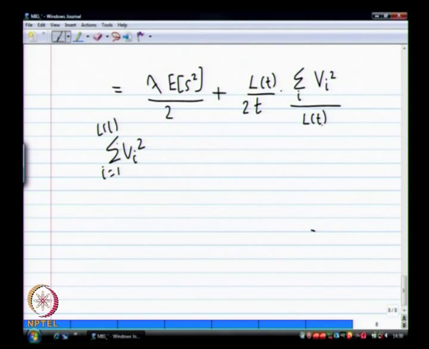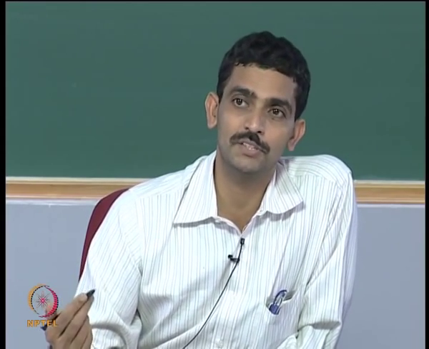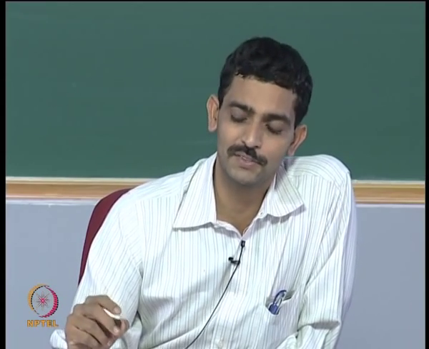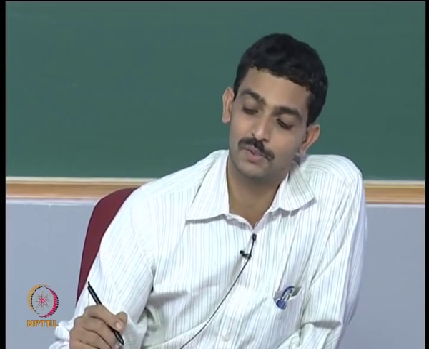So sigma vi squared from 1 to L of t divided by L of t is nothing but the second moment of the vacation time. Now what is L of t by t? L of t is the number of vacations taken in time t. So this is the average number of vacations. Earlier we got it as lambda, since the number of service completions was equal to the arrival rate, so M of t by t was a little bit easier. For L of t by t, a little bit of extra work is required.